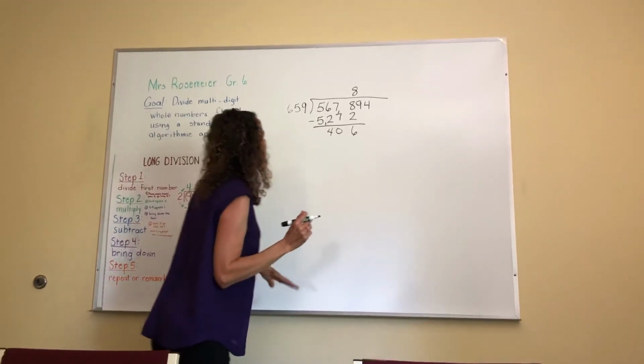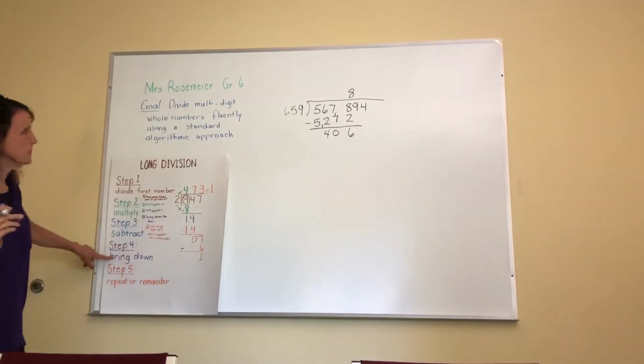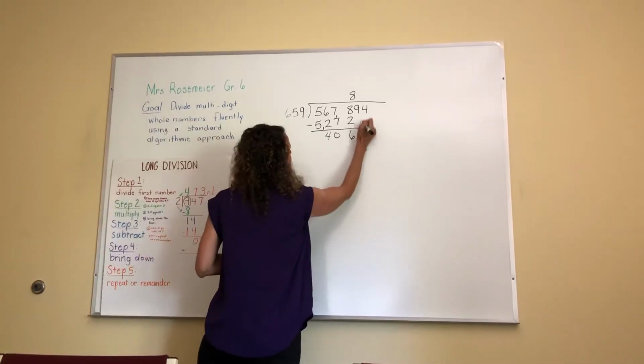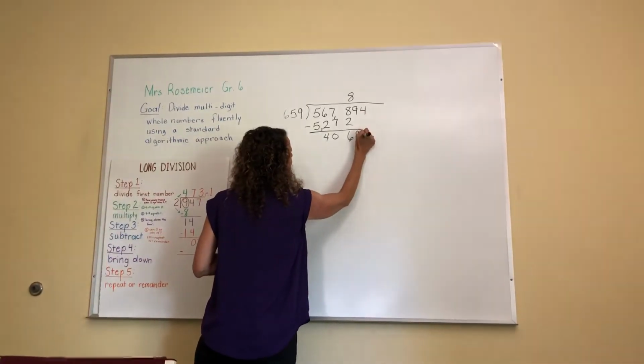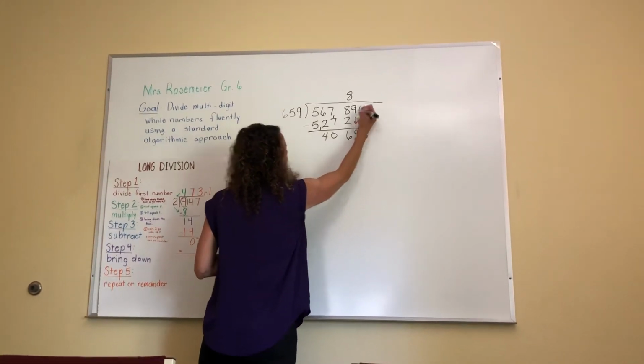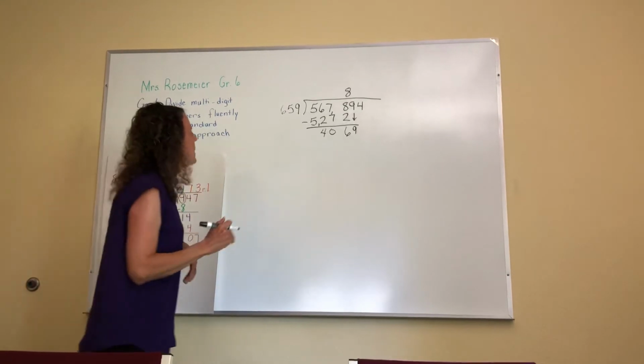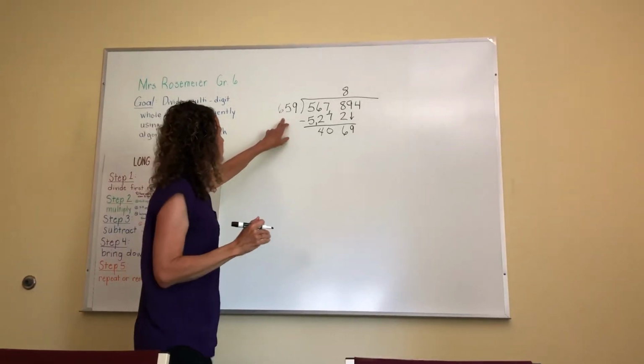All right, so now let's see where I am. My bring down, I'm on my step 4. So let's bring down this 9 right here. Sometimes you can draw an arrow to help you keep things straight and in line. All right, now we have